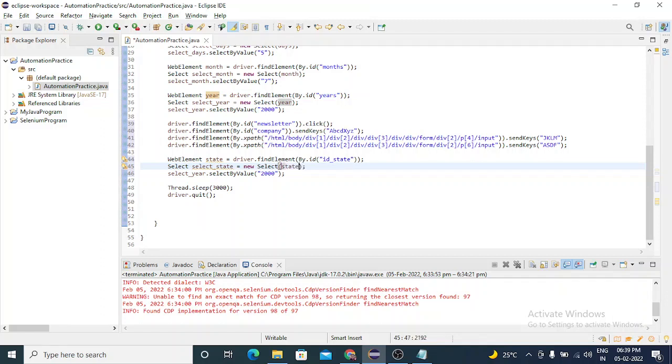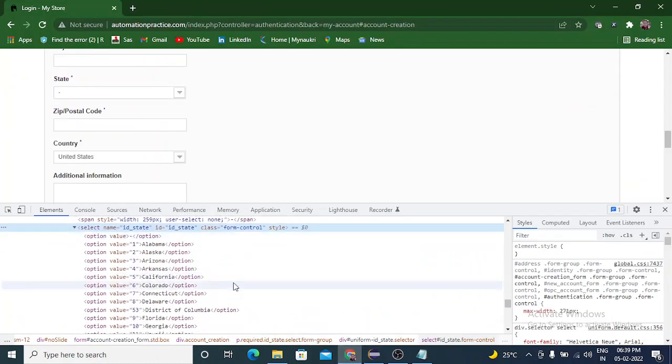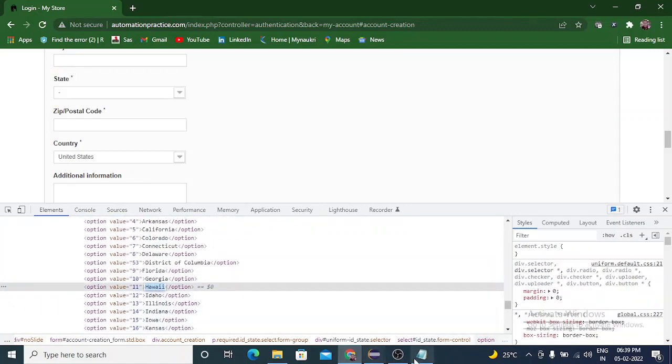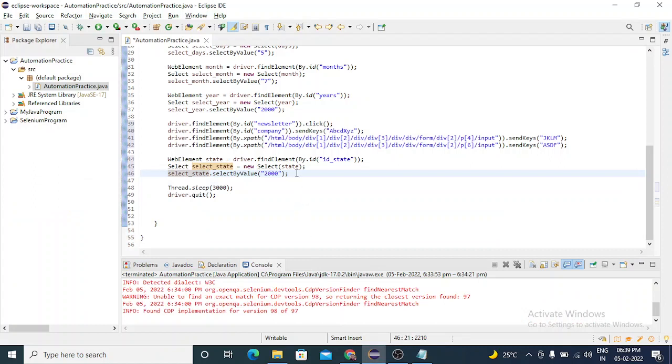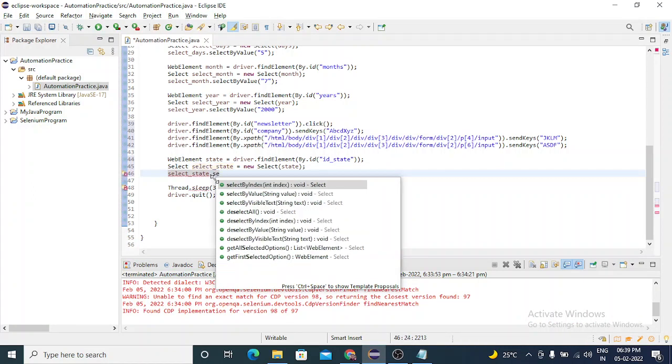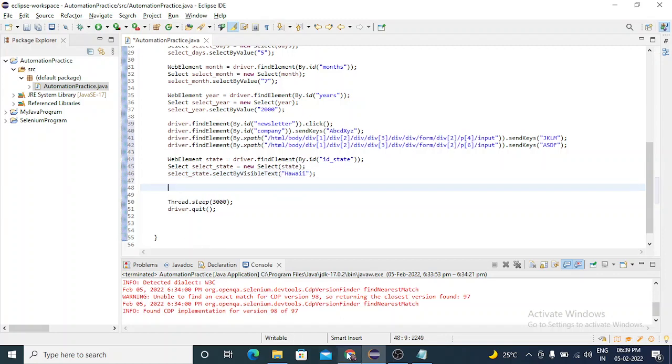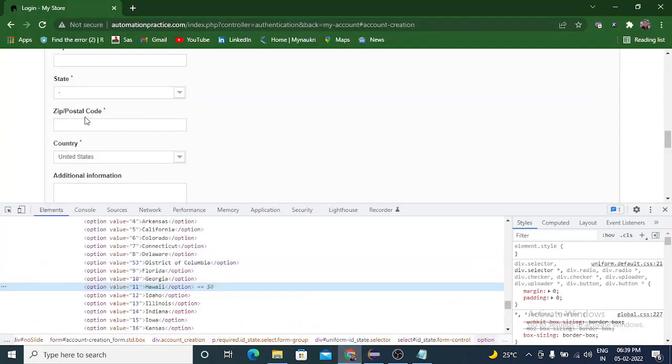Here state I am putting, then select state, select by value we use. So let me use select by visible text here. Dot select by visible text here. Then zip code.